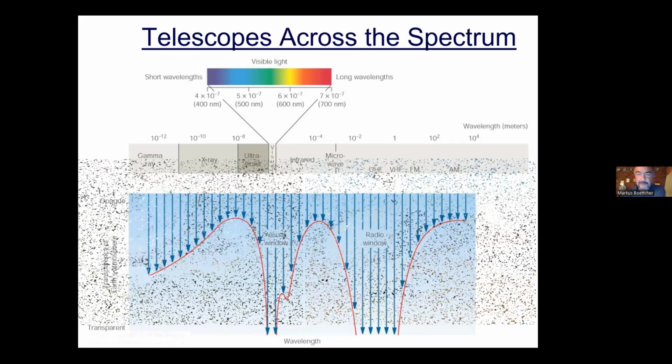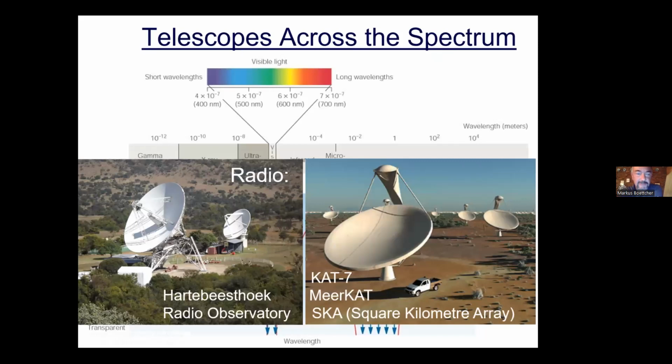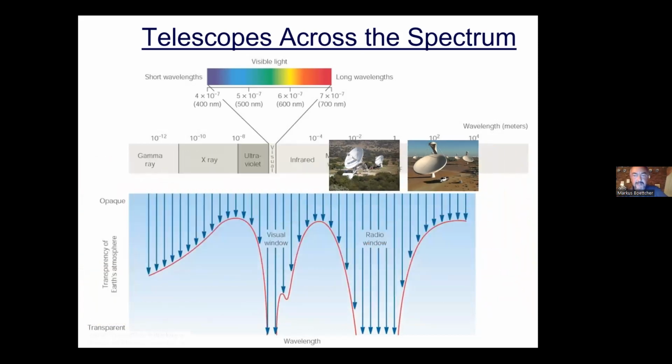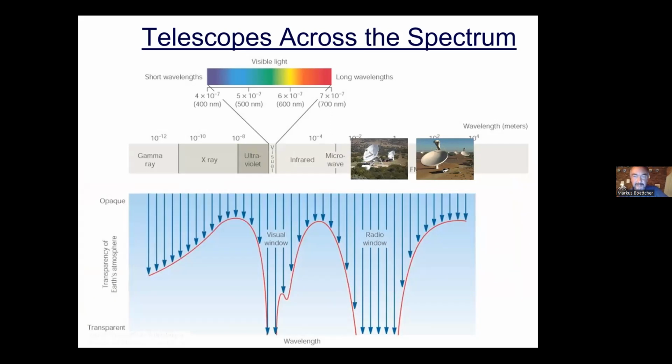Of course, starting with radio, I'm pretty sure many of you are familiar with the MeerKAT project in the Karoo near Carnarvon that will eventually grow into the Square Kilometre Array, the SKA. It's the largest man-made research infrastructure ever so far. That we can do from the ground because the atmosphere lets radio waves through.